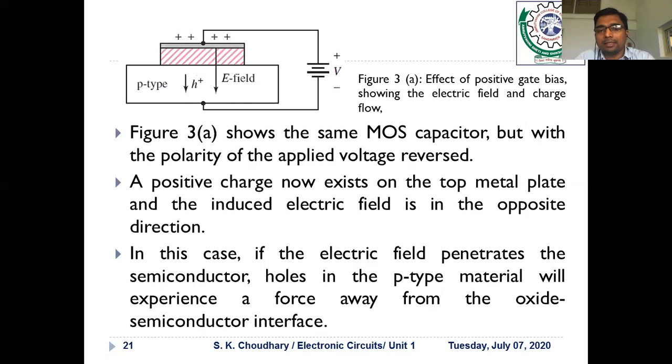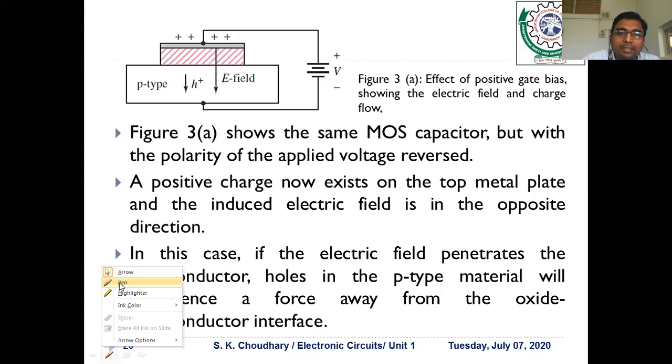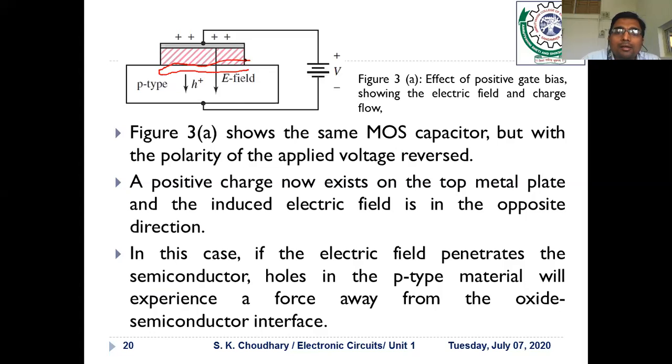So what happens in this particular region? I will highlight it here. This is the region where, because of this electric field, holes would be going away. So here the negative space charge region would be created. This is not actually negative charge carriers; these are acceptor ions, having the property of being negatively charged. But this is not a mobile carrier. It does not carry any kind of current.